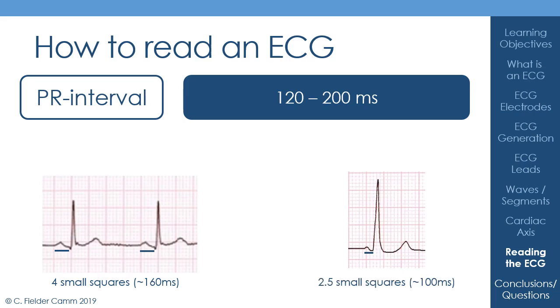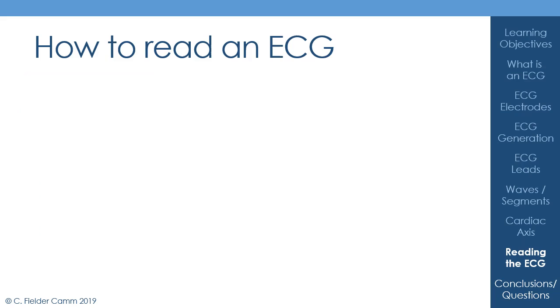In fact, it's probably only about 2.5 small squares, so 100 milliseconds. So that suggests something is bypassing the AV node in this situation. And this ECG complex shows that the patient probably has an accessory pathway, that extra communication between the atria and the ventricles. So having looked at the P wave and the PR interval, we now move on to the beginning